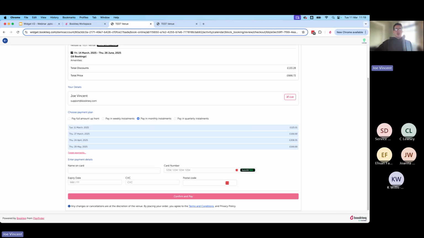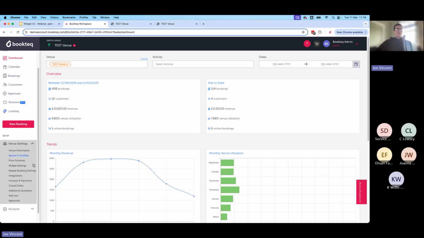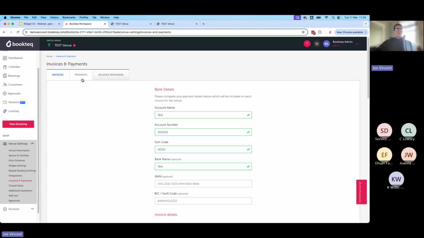Now I'm just going to show you from the back end a bit more info on the settings, where you can set these. So down here we've got venue settings. Firstly, I'll just show you where the payment plans sit. So we've got down here in invoices and payments, payments tab here,